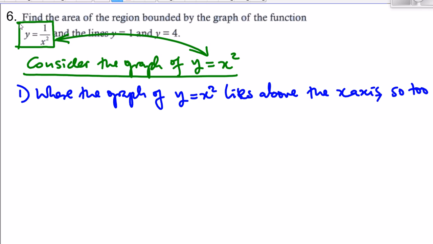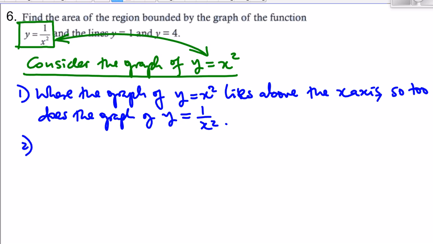So does the graph of y is equals to 1 over x squared. The second thing is where the graph of y is equals to x squared touches the x-axis, the graph of y is equals to 1 over x squared will have a vertical asymptote. So where the graph of y is equals to x squared